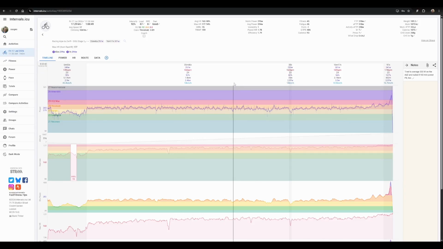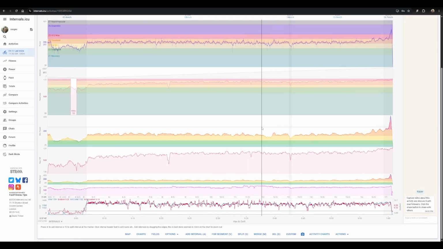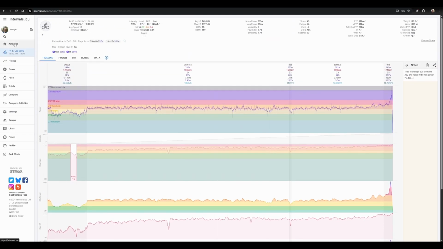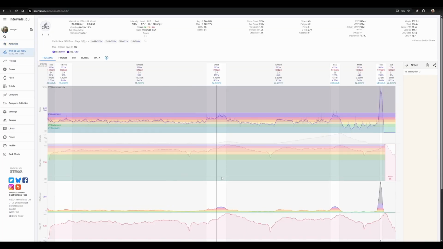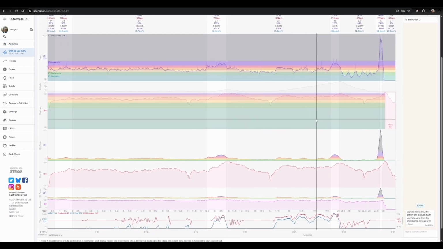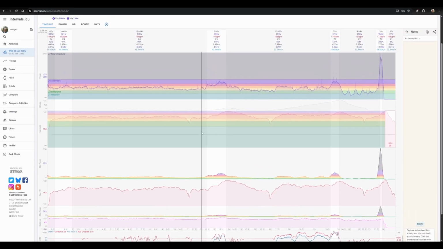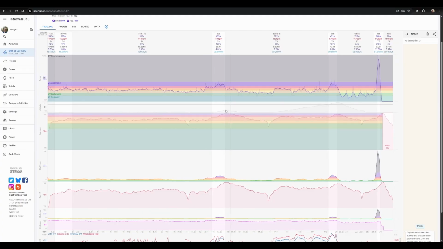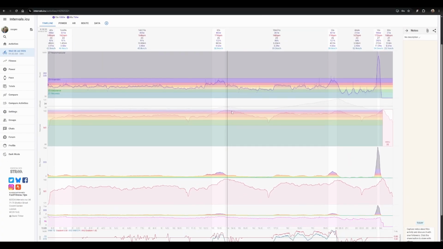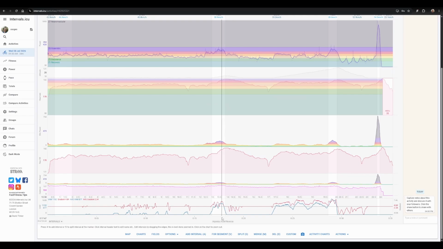One thing that you can do on the activities page is evaluate splits. So let's go back to this page here. This is a different activity. You can see here, this is the altitude profile. We can see where there's 2 climbs. If I want to know how long it took me to climb this climb, which is the Aqueduct KOM reverse,